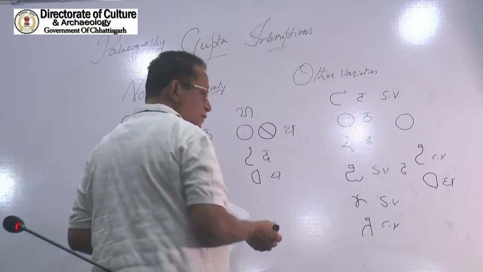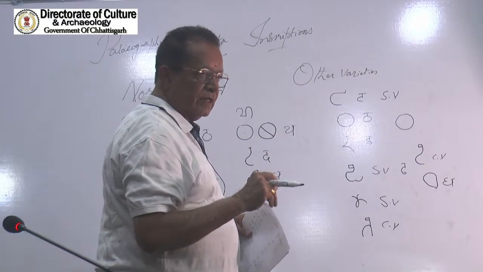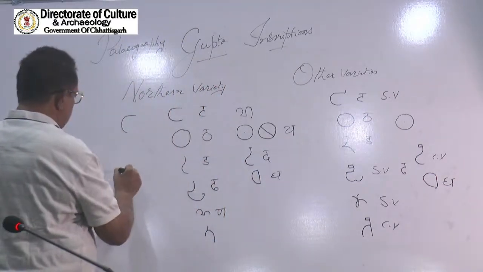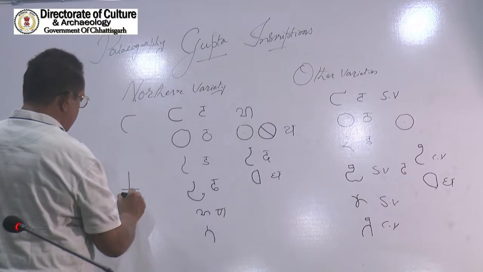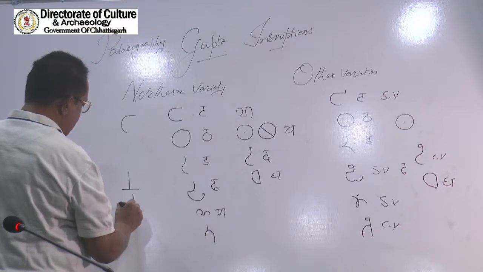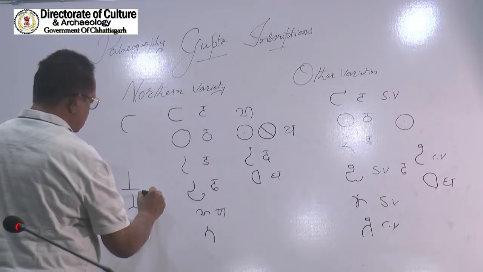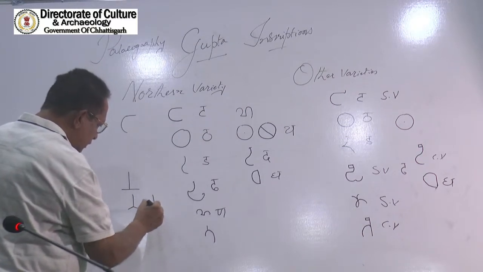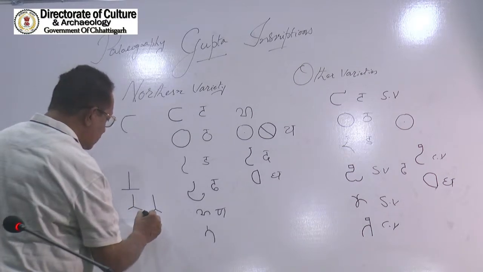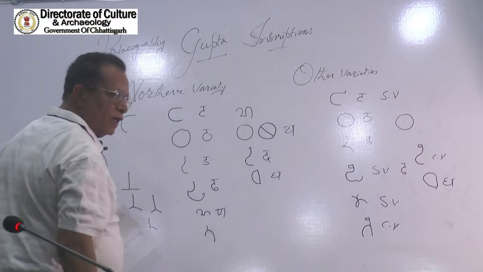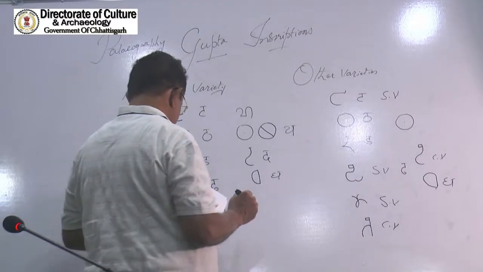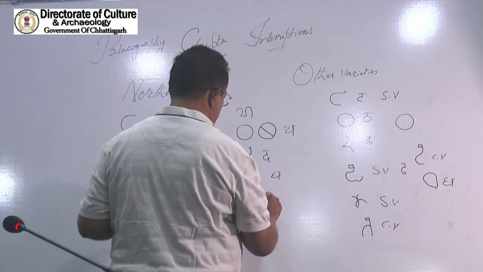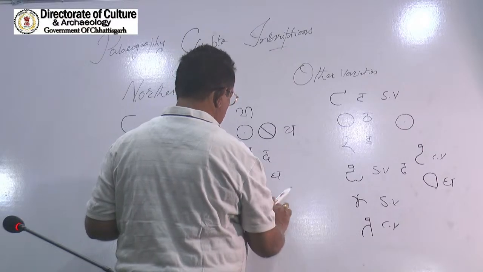Now further changes, what you notice significantly is na. Earlier I told you the Mauryan na, either this will be short or this will be longer. So like this it continued for many periods. But here in this phase, this left stroke takes a loop like this. The small head mark. So this is